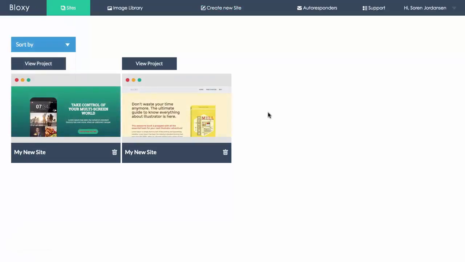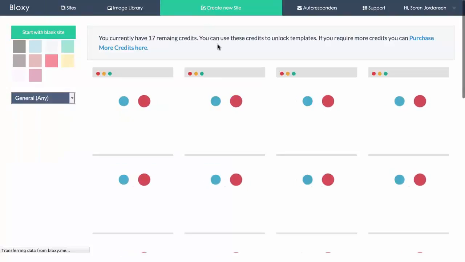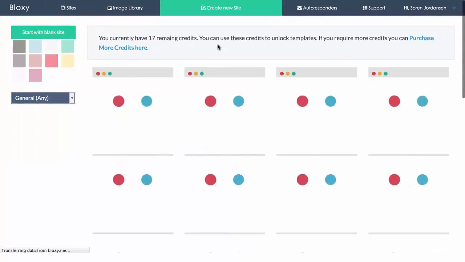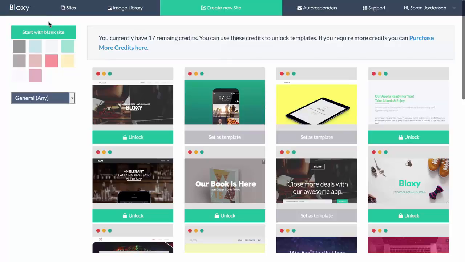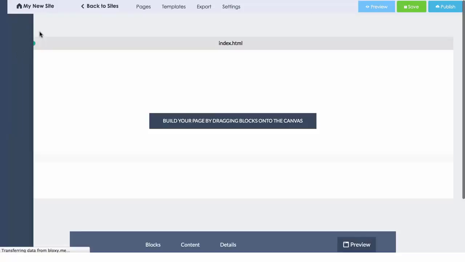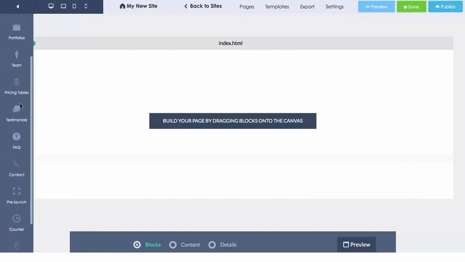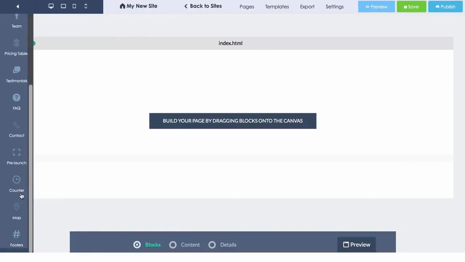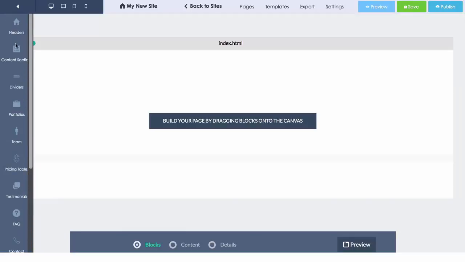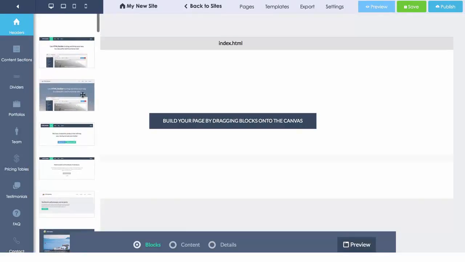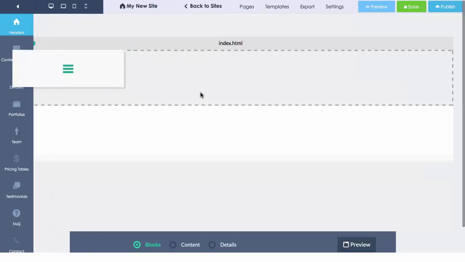and then we're going to go back out to my sites, and I'm going to create a new site. But this time I'm going to show you how to do this with a blank site. So you can also choose to start with a blank site, and that loads up here. And then what you do is you take whatever you want from all the blocks out here and start adding that in. So I can take a header here, for example this one,